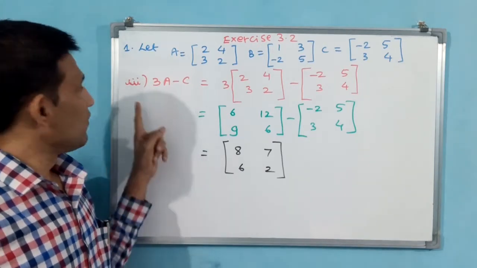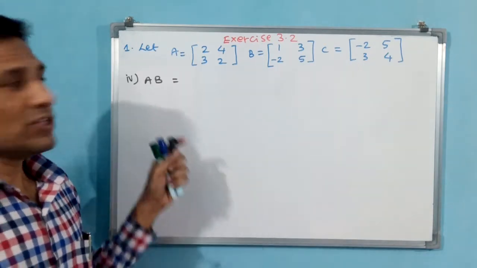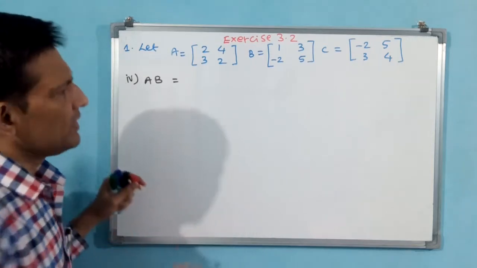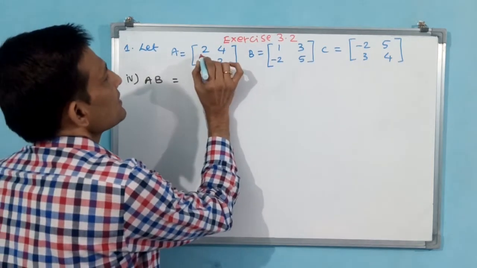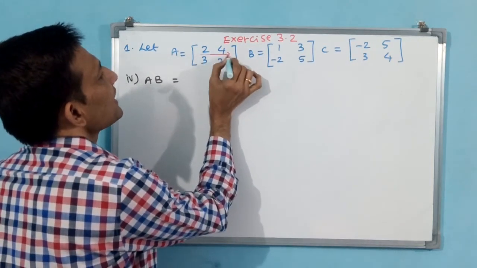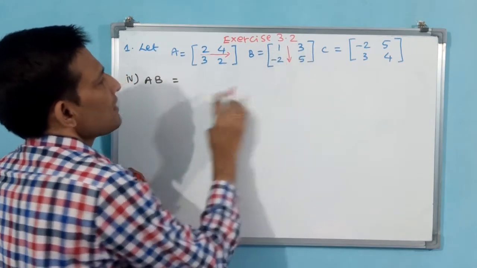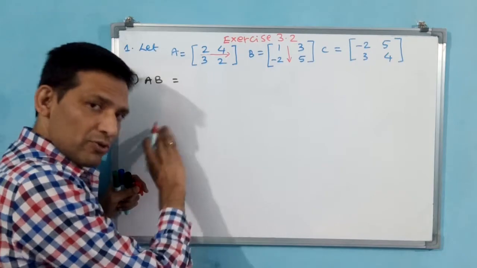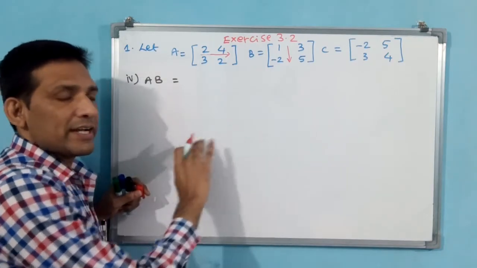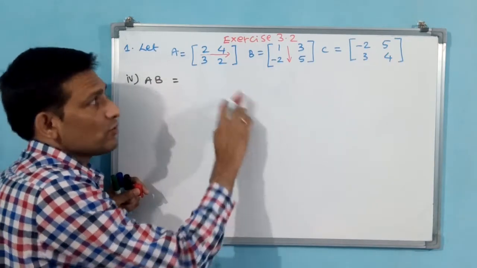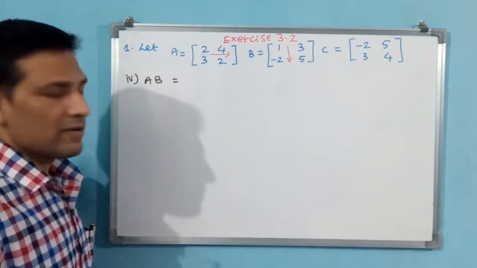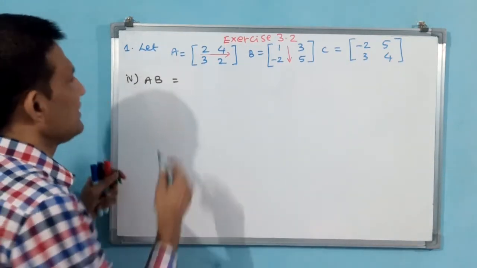Now let us go for fourth part. Okay. You see now AB, that means multiplication of A into B. You see AB we are doing means like this line you have to keep. Why? Because see, already A and B are left and right are there. See, I am doing here, but you have to write again. Don't forget A left side, B right side. You write and you make these arrows also. Then only you are going to perform well, or else you are going to do mistake.